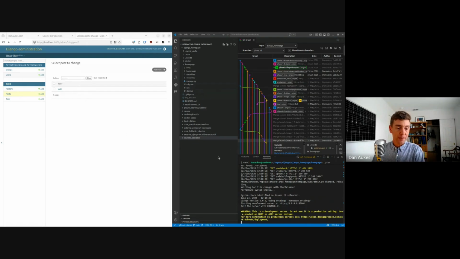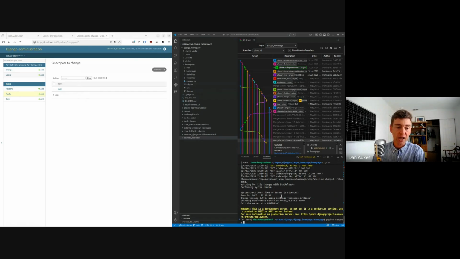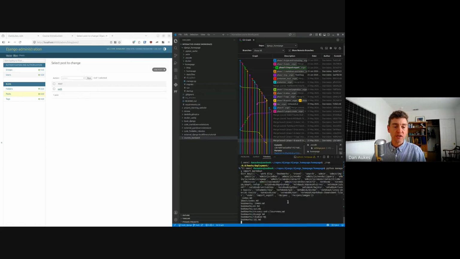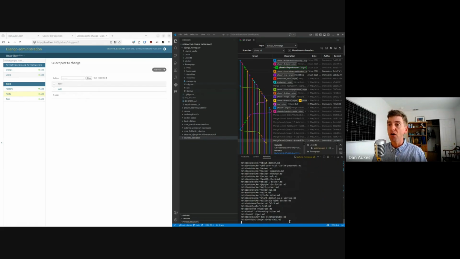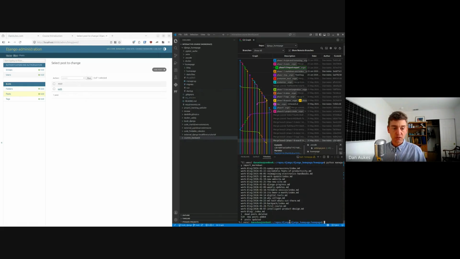I'm just going to pause the server for a second and do python manage.py import markdown. You can see what it's going to do is it's going to import all the files on my computer that are in the file structure of my website. It updated, added 519 new posts. It removed the one post that I just created because it doesn't exist in the file folder structure. And now if I rerun it,